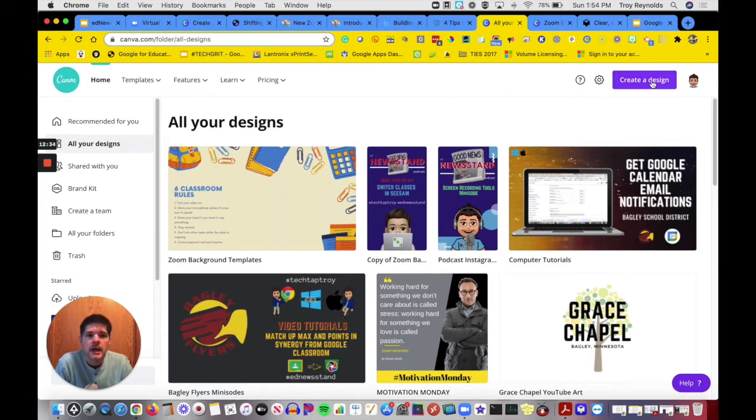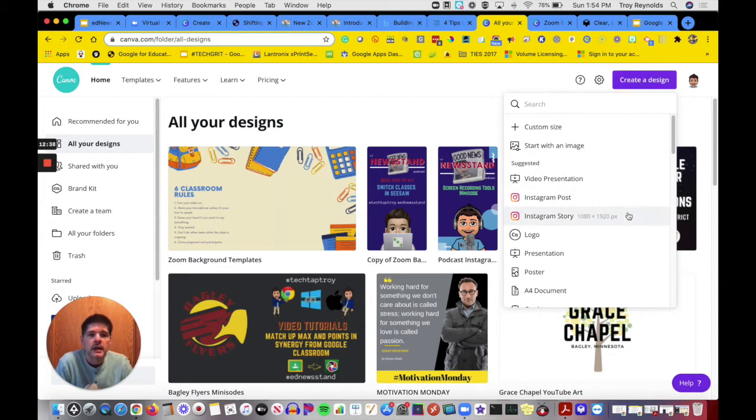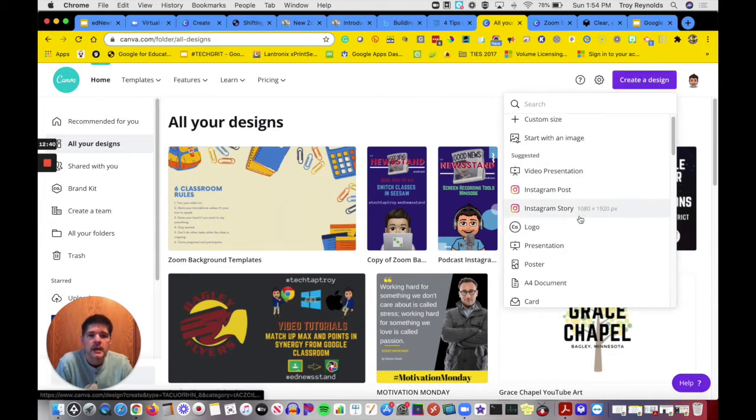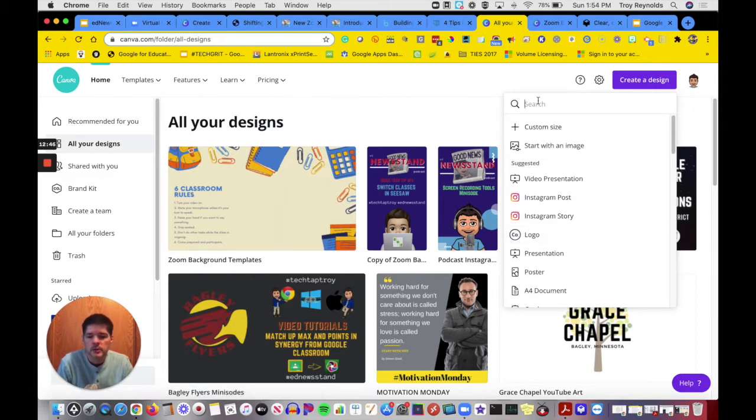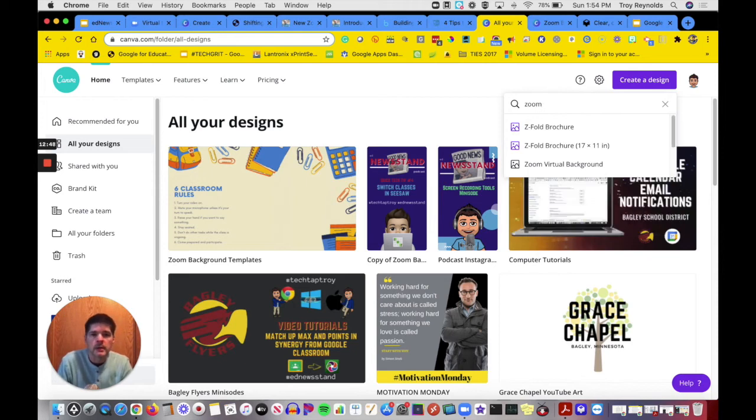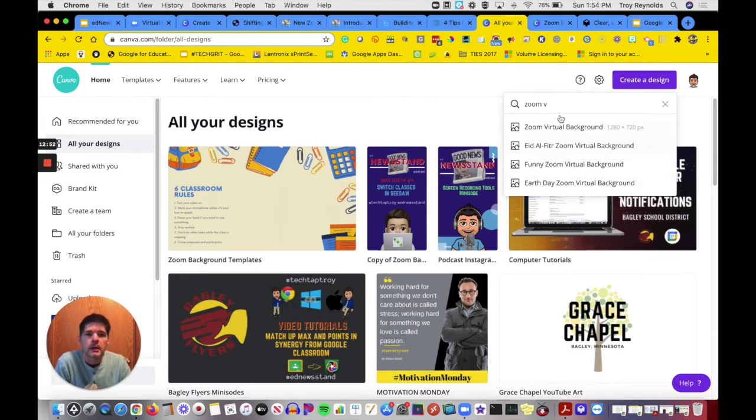Up at the top, you have the option to create a design. If you create a design, you see here that there are the design options. You can choose one of these if you want to, but one of the options is Zoom virtual background. But you can also search. I can just do a search, and you'll see that it comes up with my options. It gives you some other options like a funny one or an Earth Day one. But if I click on just Zoom virtual background,